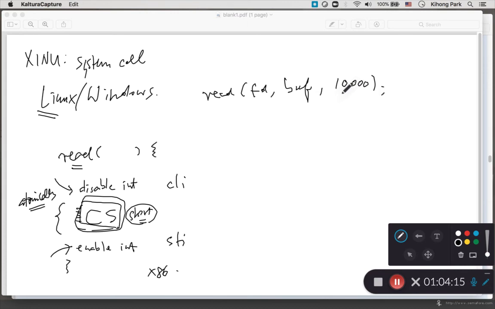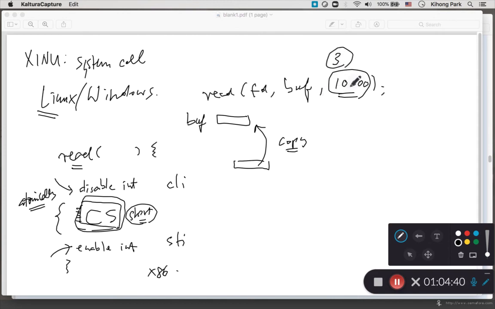Well, this will need to copy 10,000 bytes from some buffer inside the kernel to this buffer buff that belongs to an application, to a process. The copy cost takes as long as the number of bytes that you specify here. If it's only 3 bytes, easy. But if it's 300, it'll take 100 times longer,